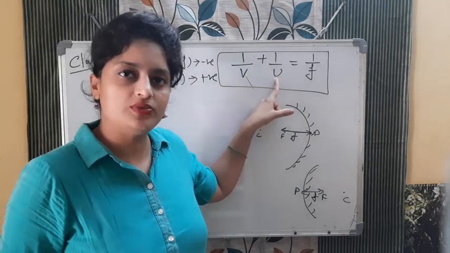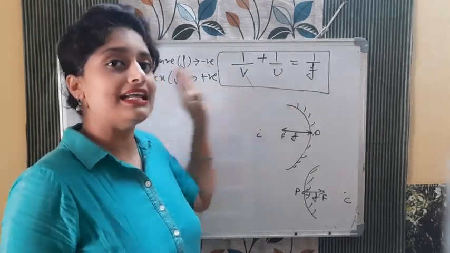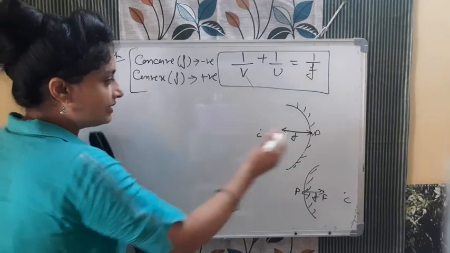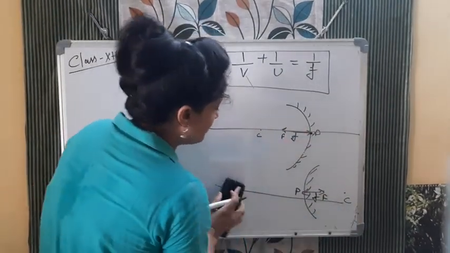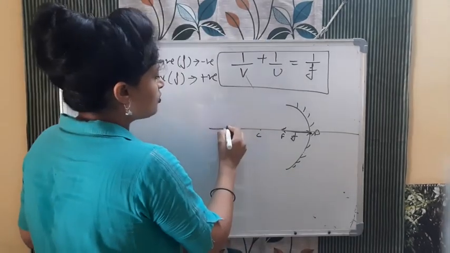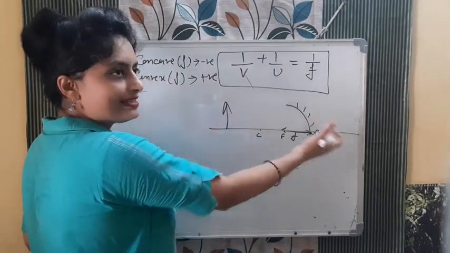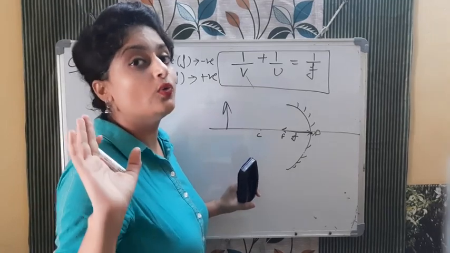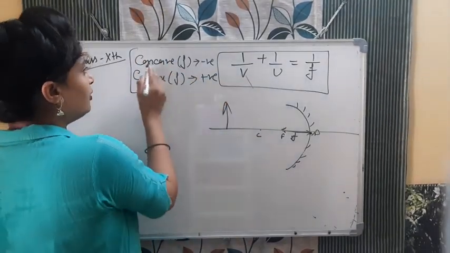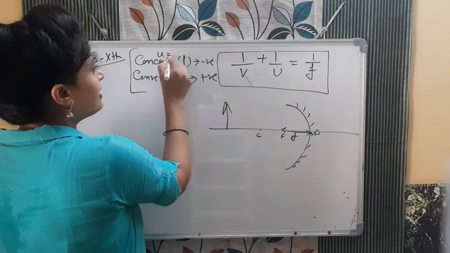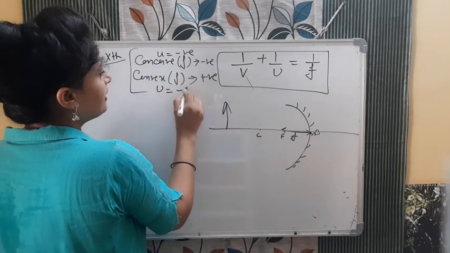Now come to the u and v. So u is what? Object distance. Object is always in the left hand. इस तरफ रखेंगे. Either you are making a concave mirror or you are making a convex mirror, object is always this side. So object is always on the left side. So u is what? Always negative. It is convex or concave, दोनों में से कुछ भी है, दोनों के केस में क्या होगा? u is always negative. Here also, here also.